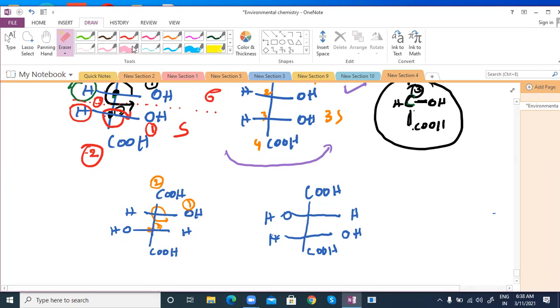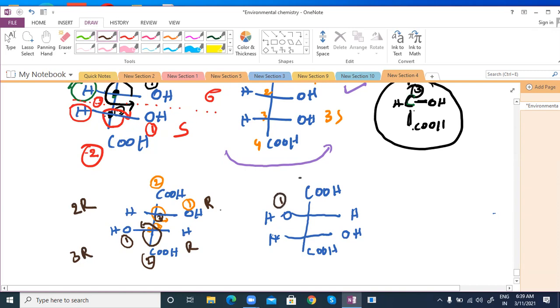So for the upper one, what will we get, sir? R. So anti-clockwise, so R. And the below one, this is 1, anti-clockwise, 2, and this is 3. Above the full molecule, you have to see the upper half. So 3, that is also anti-clockwise. So R we will get. So what can you write, sir? 2R, 3R. Can you try this molecule?